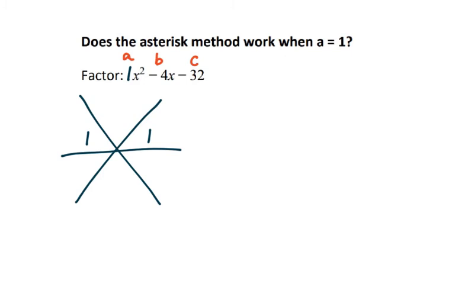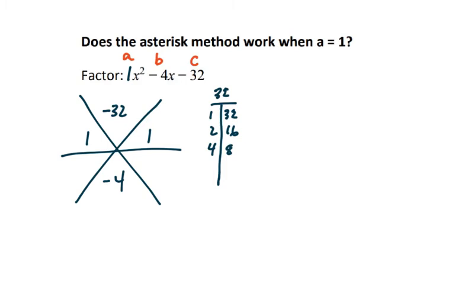A times c goes up top, so we do 1 times negative 32, which is negative 32. And on the bottom, we put b, which is negative 4. And again, we have to ask ourselves the question, what things multiply to get negative 32, and those same numbers add up to negative 4? So if I don't know, again, you don't have to do this if you can figure this out already, but I'll list the factors of 32,